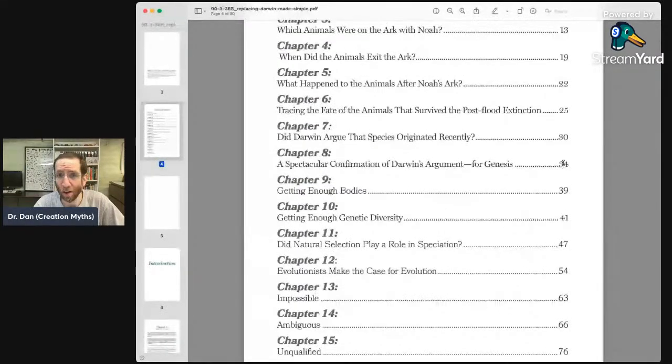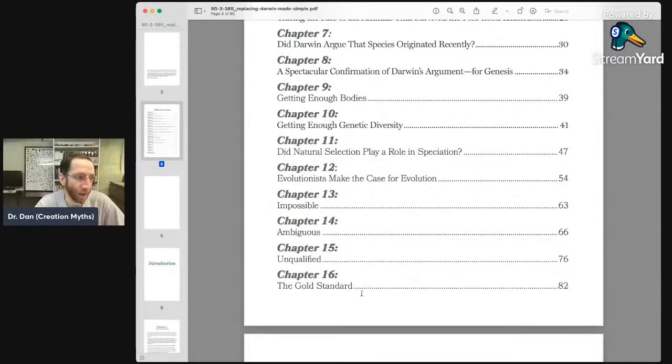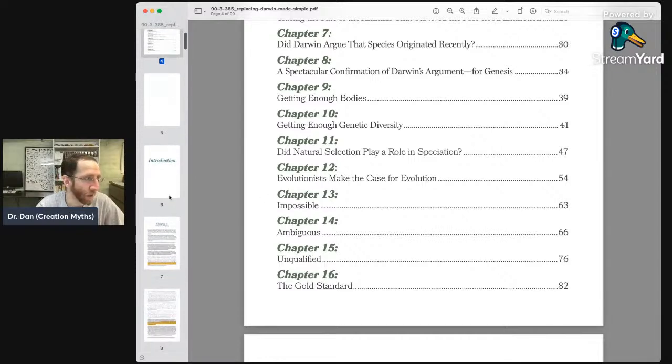There are a lot of buzzwords in here, I'll point out. If you're familiar with Jeanson's work specifically, or just evolution and creationism in general, you're going to see a lot of familiar buzzwords. And if you're a completionist, you're going to notice a lot of phrases that jump out at you, like, for example, the gold standard right here. If you know, that's a thing in this debate.